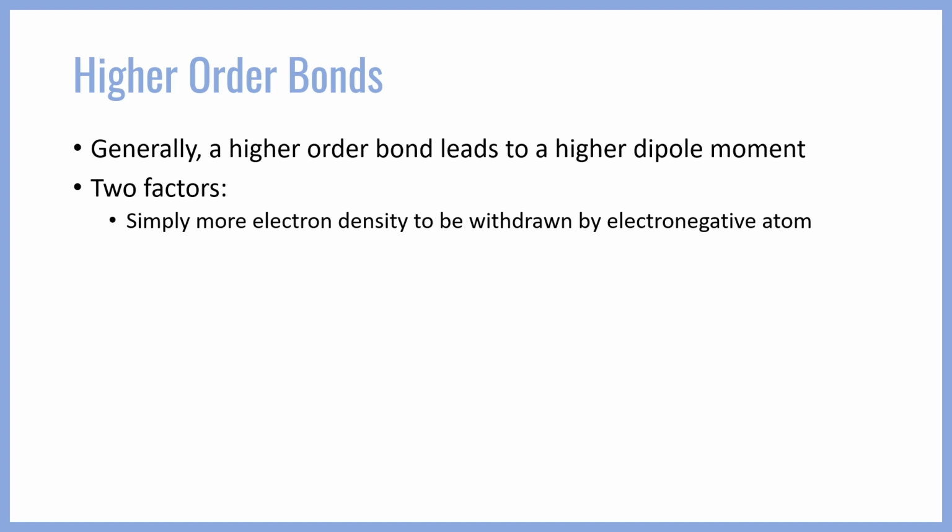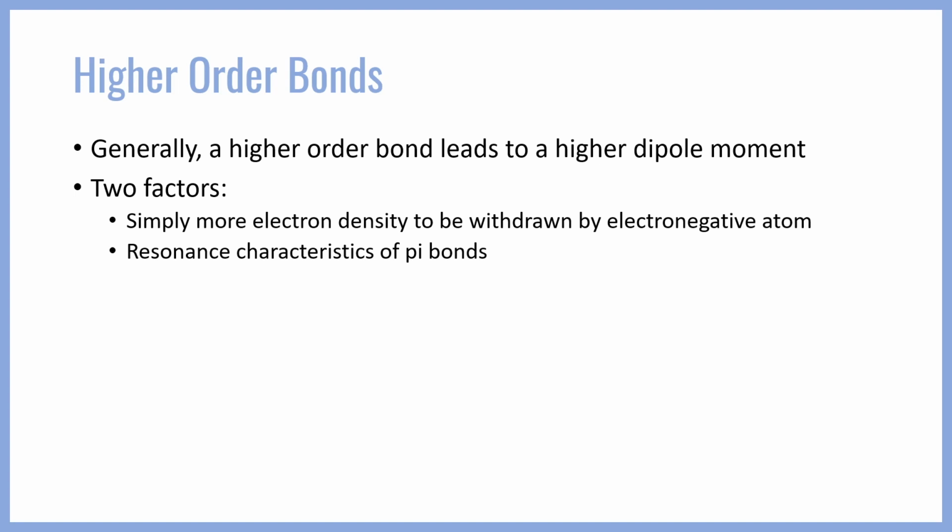I think this is a pretty intuitive way of looking at it, because it's almost like you're having a tug of war between these two elements. If you give the bigger element an opportunity to pull on more stuff, it's going to take more, right? The second factor, which is arguably more important, is a little bit tricky, and that's the resonance characteristic of pi